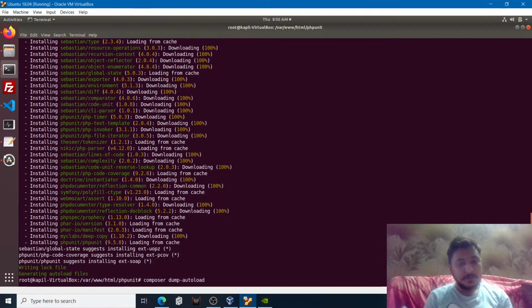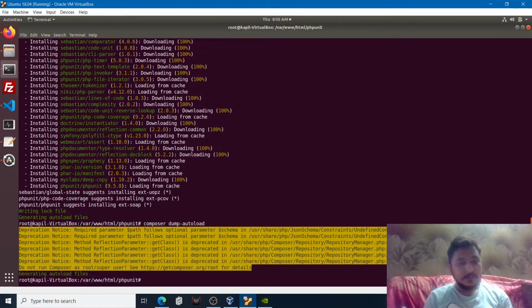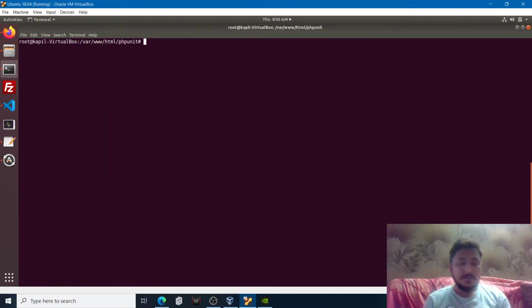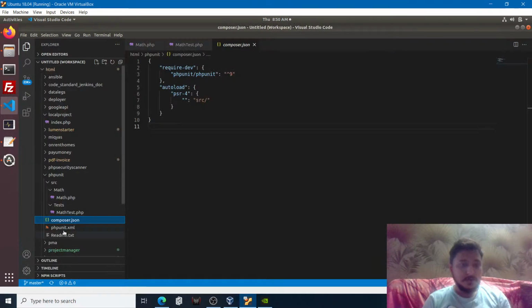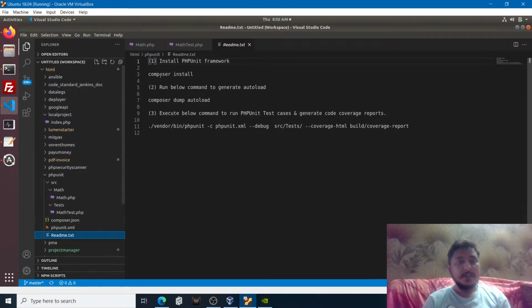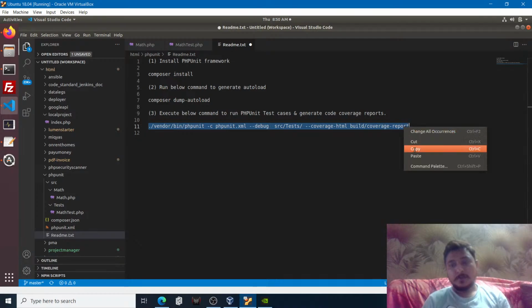It is an optional step. It will generate the autoload file, the namespace autoloader. After that we have a command for running PHP unit. For the command you can go through the readme file. I have written down the steps: composer install, composer dump autoload. It could be dump autoload or dump hyphen autoload. Then this is the command for executing PHP unit. So I'm copying this command